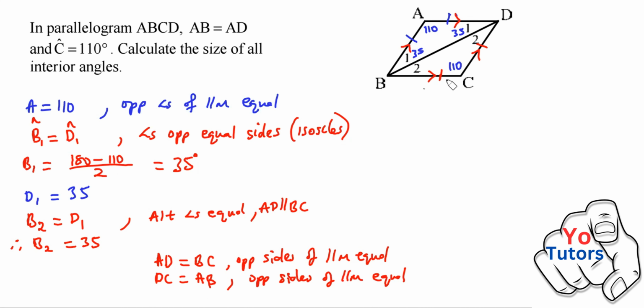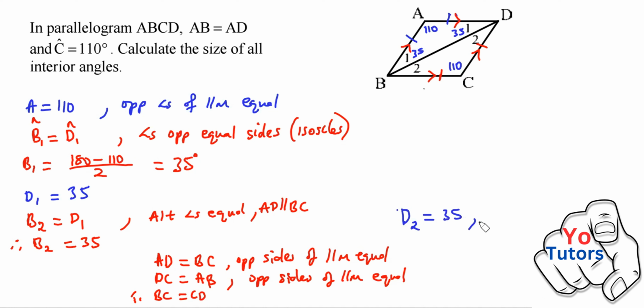So it means that BC will be equal to CD. Now, once we have BC equals CD, this makes an isosceles. So when we have the isosceles, we can now say D2 will be equal to